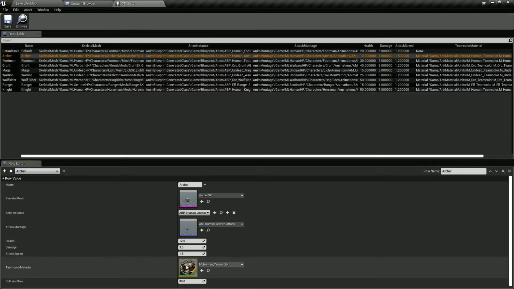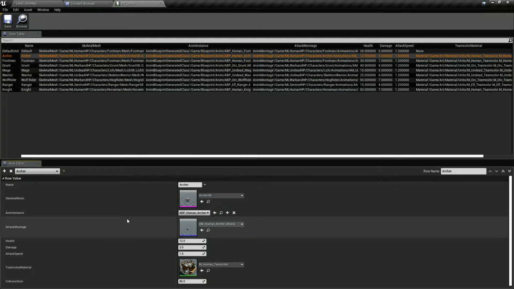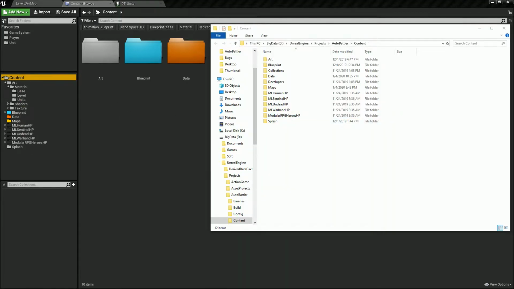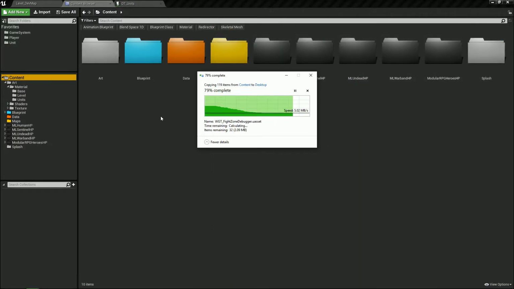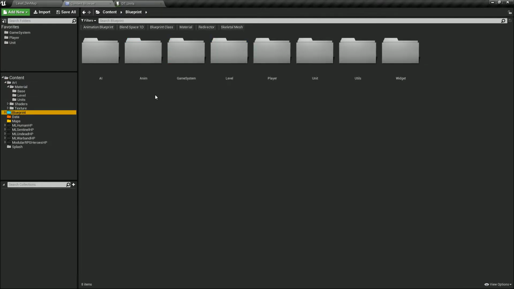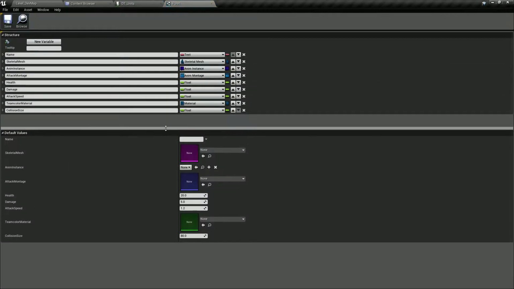Oh, we can, because we are asking for... Oh, we're gonna need to modify this, but we need to make a backup of our project before doing this. So we'll just do this real quick. Blueprint data maps, copy, paste this elsewhere, add over our blueprints, units, utils, f units. In here,